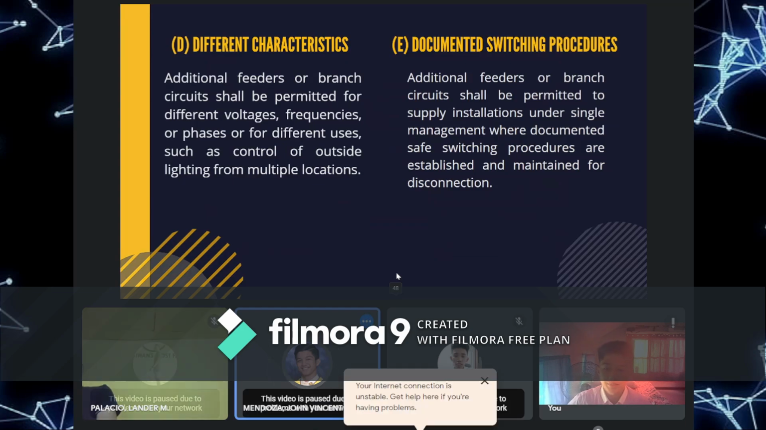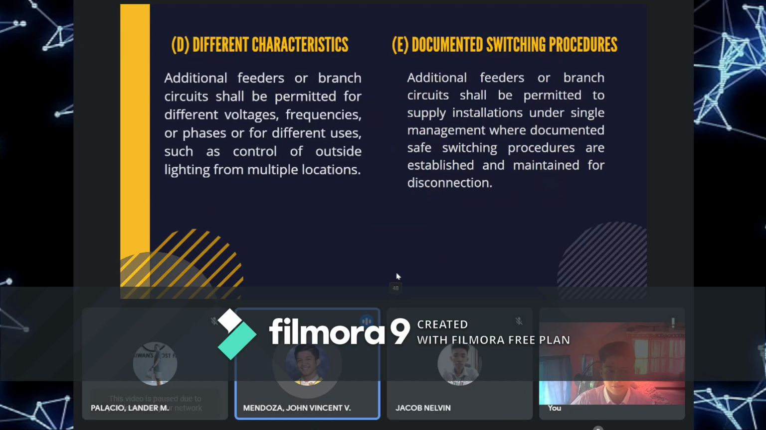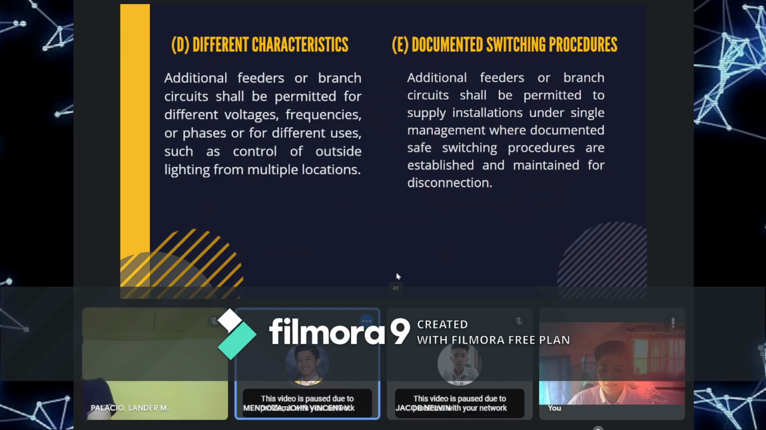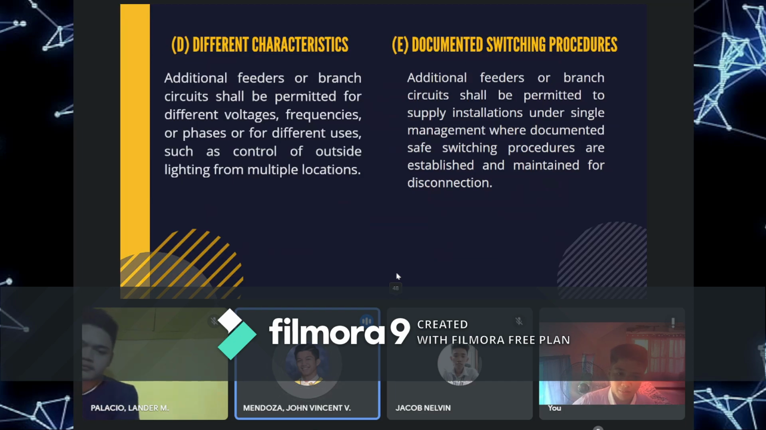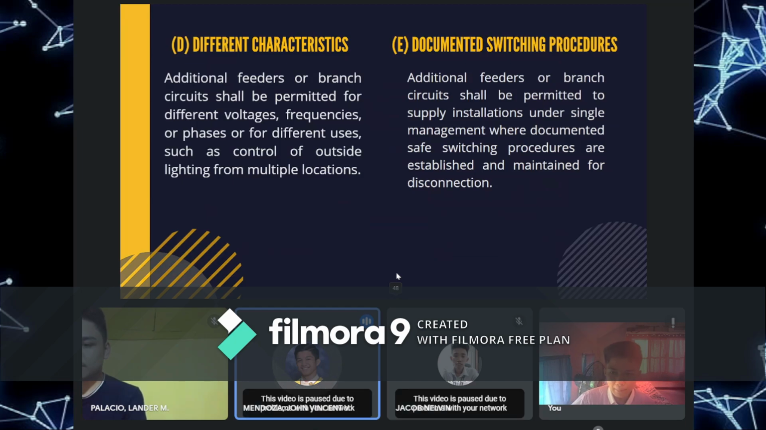Next, letter E. Documented switching procedures. Ang sabi dito is additional feeders or branch circuits shall be permitted to supply installations under single management where documented safe switching procedures are established and maintained for disconnection. So pwede rin mag-add tayo ng feeders kung yung building natin is in one management lang. Yung additional feeder is for backup purposes in case na magkaroon tayo ng emergency or maintenance purposes. So next, lipat tayo sa